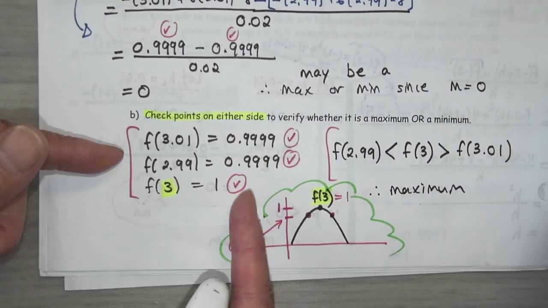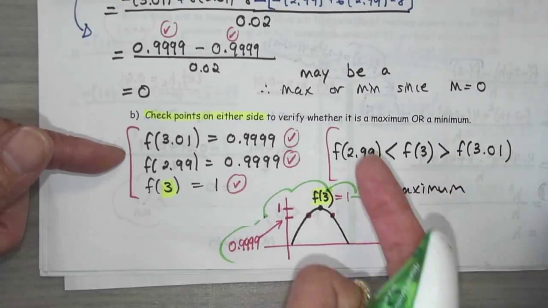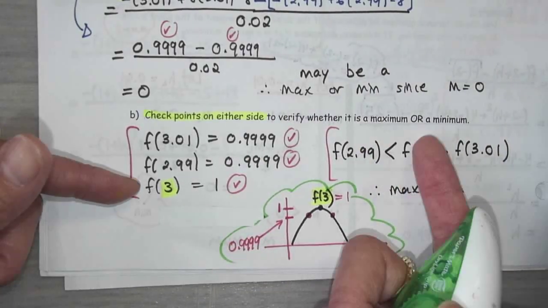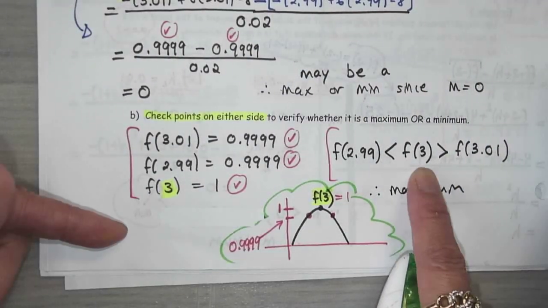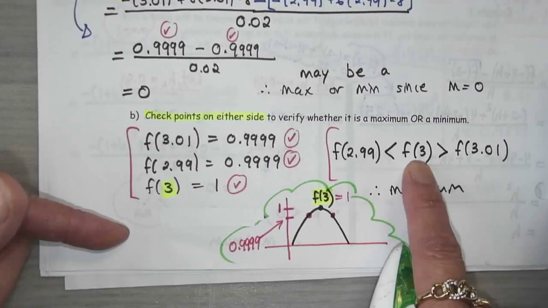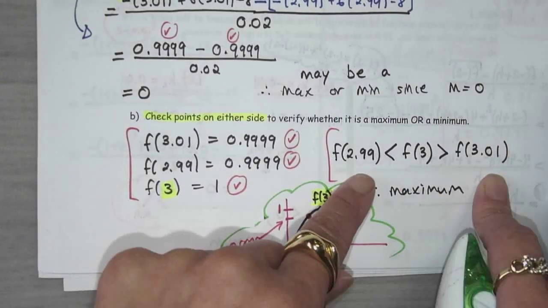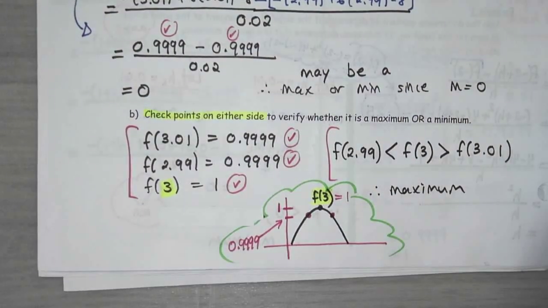So you want to show me the 3 points, and then you can either say in words, since 1 is higher than 0.999, therefore it's a maximum, or here, this is what I was saying, is that 1, F at 3, is higher than 0.999, therefore it's a maximum. So if you want to use a sentence instead, then you can do a conclusion. Okay? I'm going to turn this off. Today we are